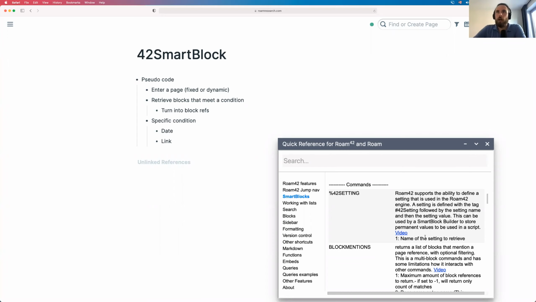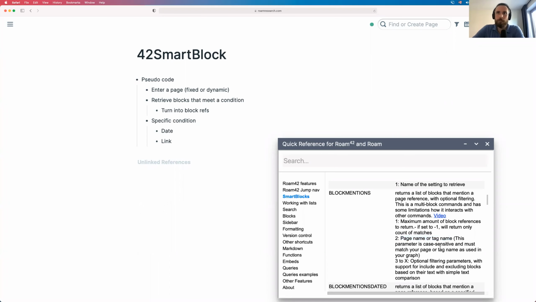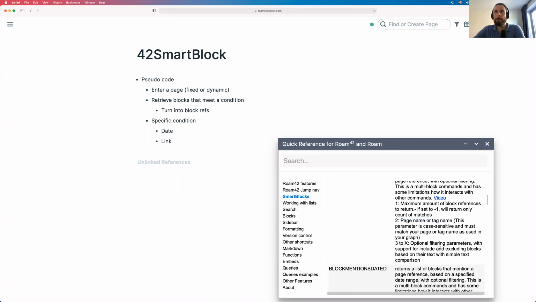So let's see, block mentions returns a list of blocks that mention a page reference with optional filtering. So it has to be a specific name or tag. So in the case of Maria, this wouldn't work because we would need to describe a specific tag or name,